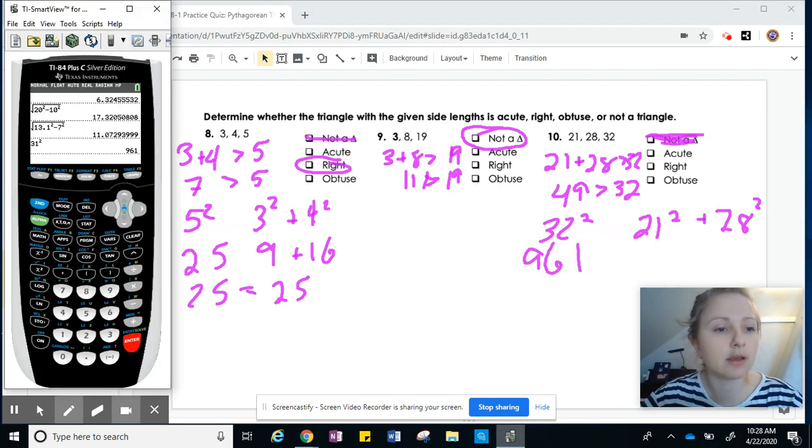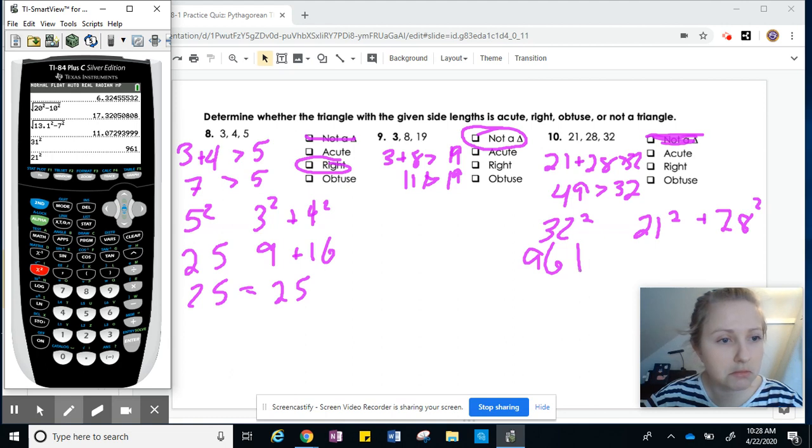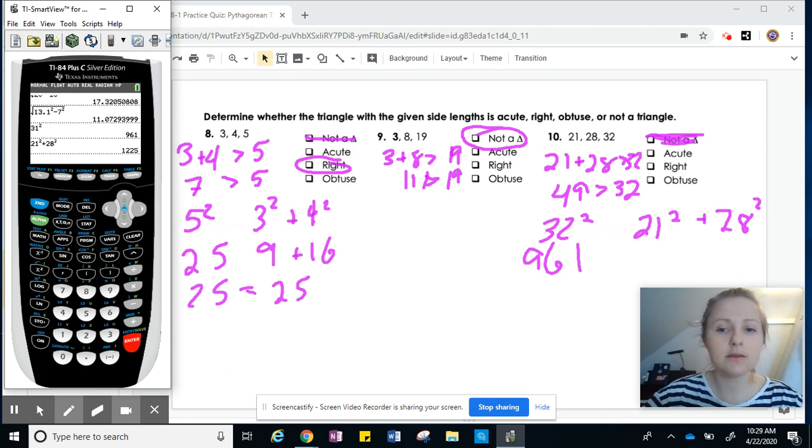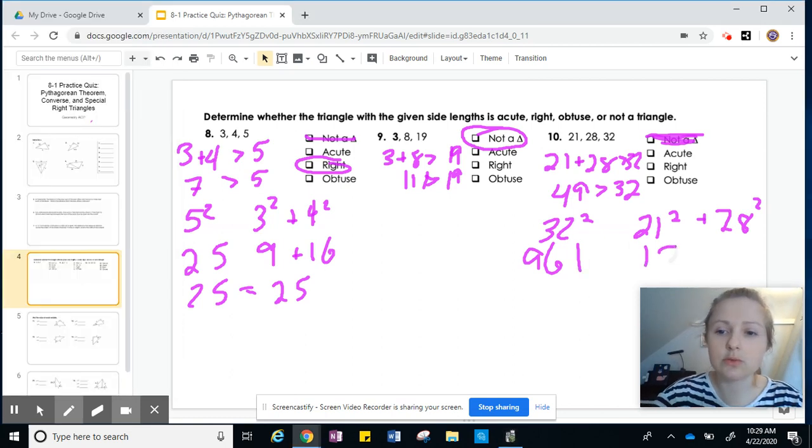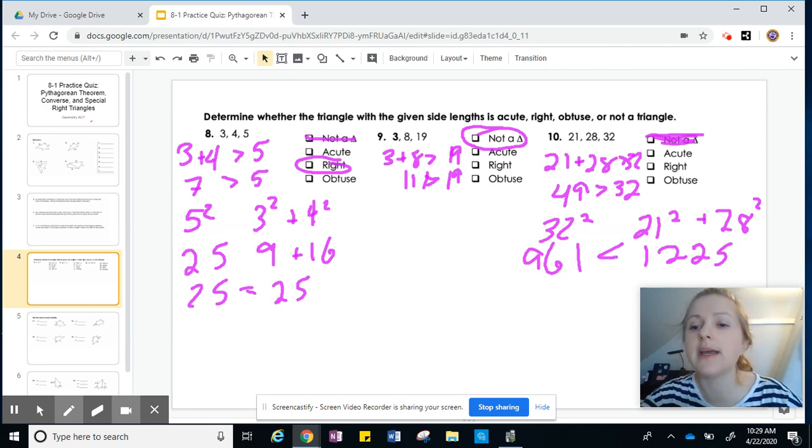And then let's check 21 squared plus 28 squared. So that's 1,225. So that means c squared is less than a squared plus b squared, which makes this an acute